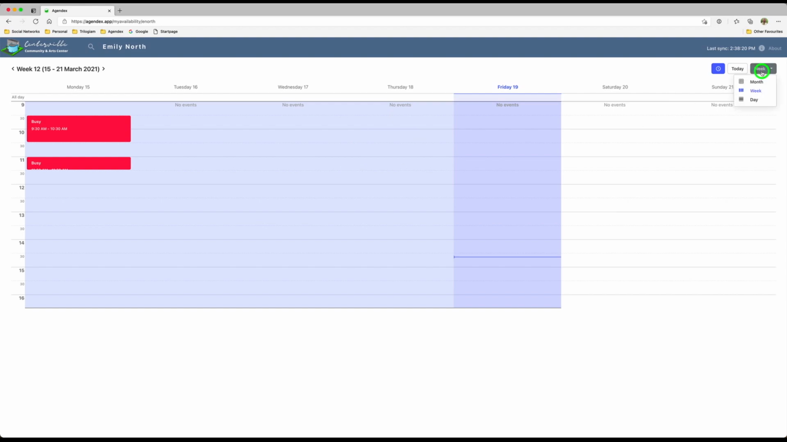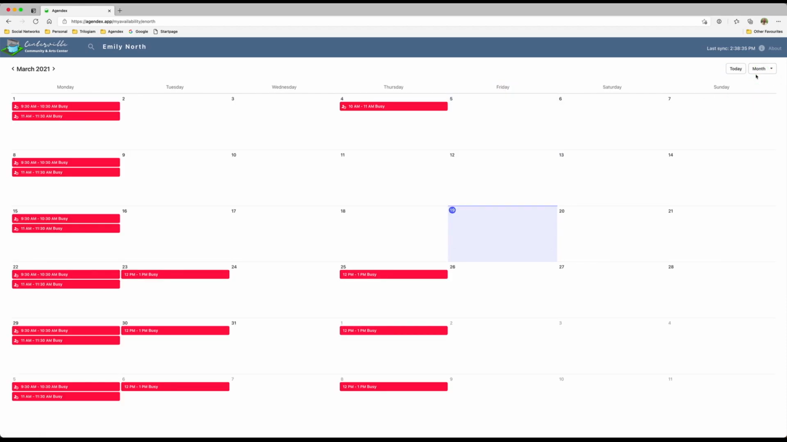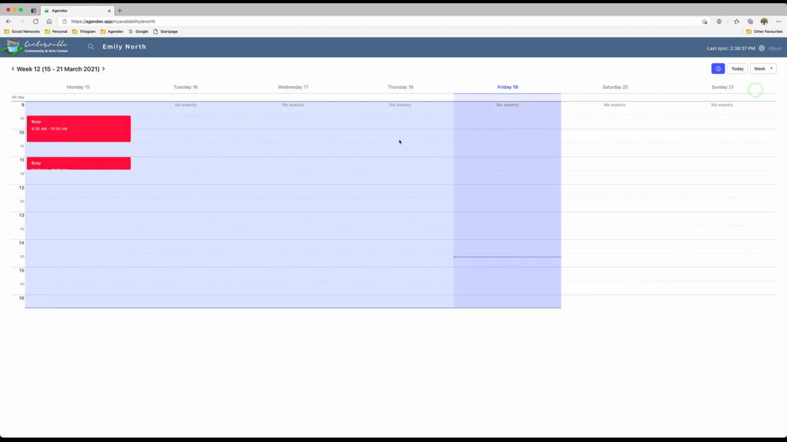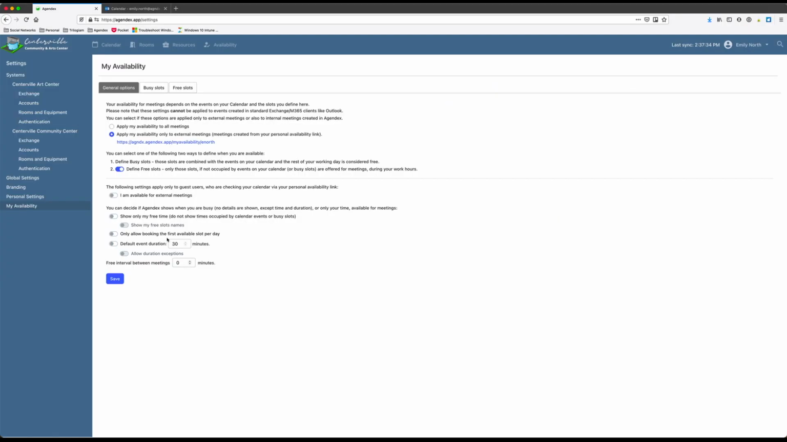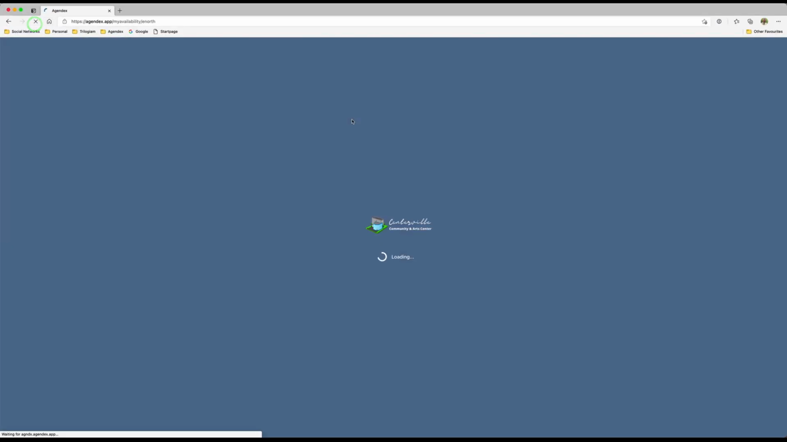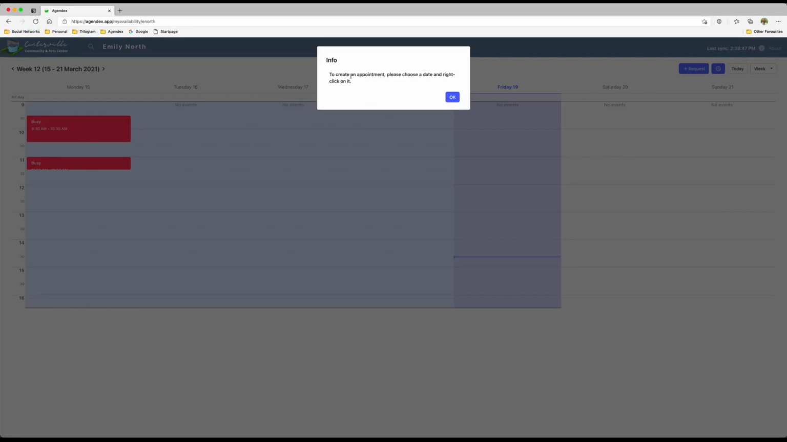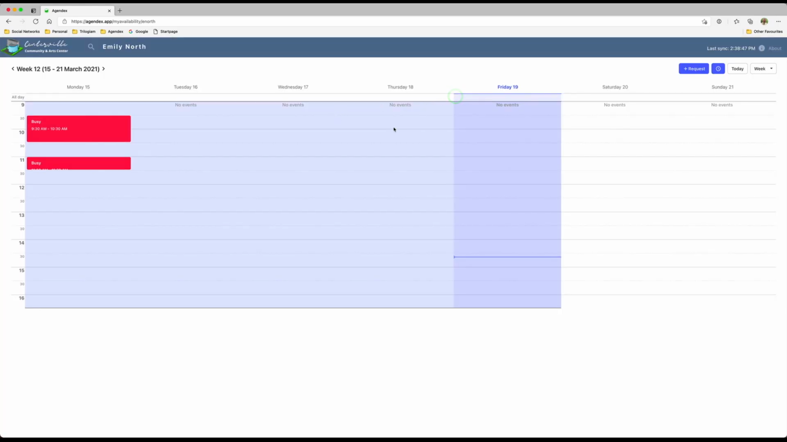And again, like most of our calendars in Agendex, you can choose month view, week view, or day view. If Emily were to change that back and allow external meeting bookings, then users, if we were to refresh this here, would initially get a message to create an appointment. Please choose a date and right click on it. So for example, if I wanted an appointment with Emily on Thursday at 10, I would just right click here